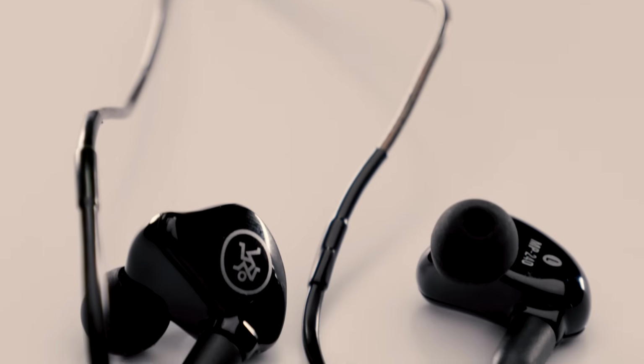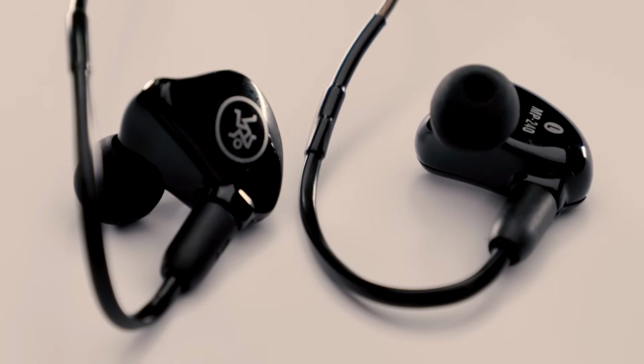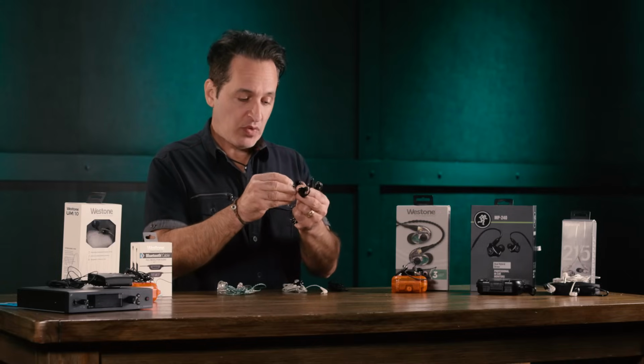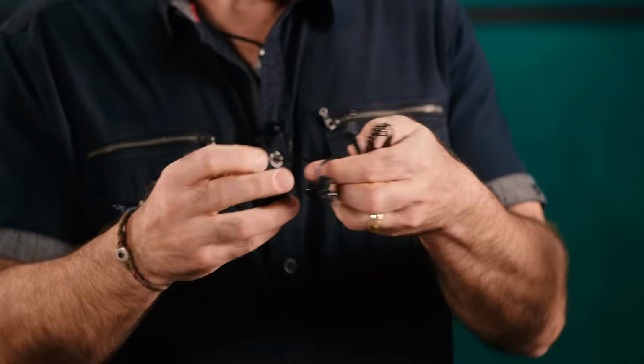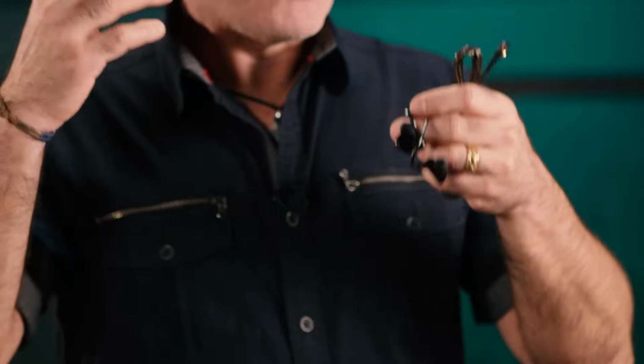Another cool option are these Mackie MP 240s, a great sounding dual driver system that has the removable cable. Also, a very sleek looking dark cable that goes with it, so if you're on stage and you're roaming around, the cable can get disguised by your hair and your shirt so people don't see you have a bunch of cables all over your head, which is a cool thing if you're performing